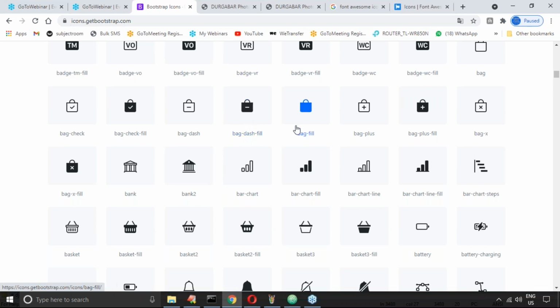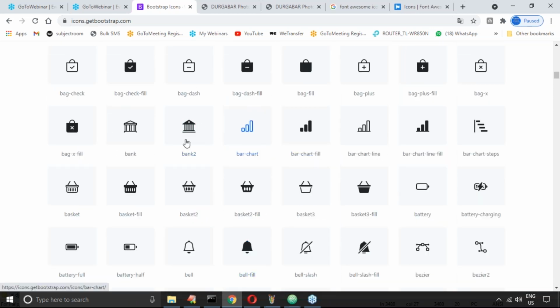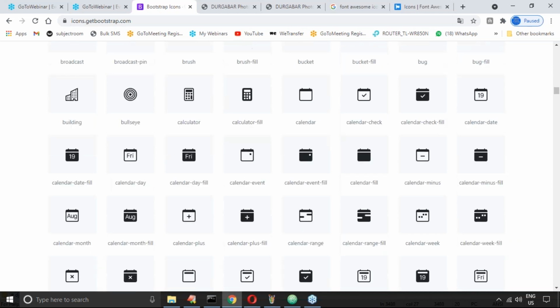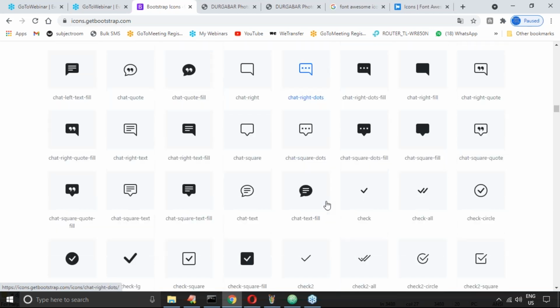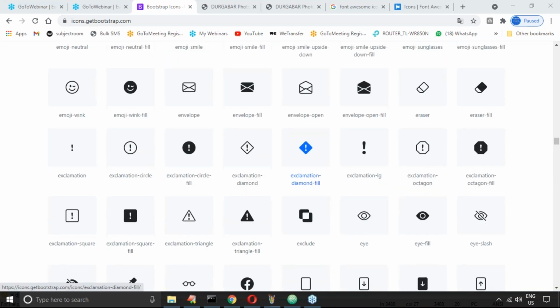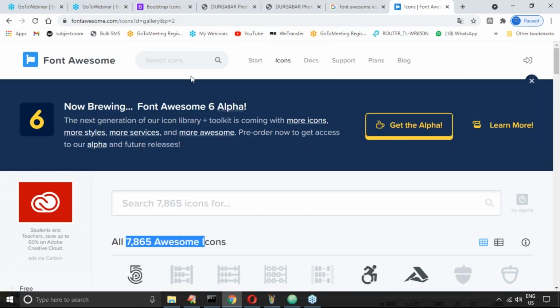Big dash, big fill, are you seeing? Home, bank, normal images. If you want, you can use these images, no problem at all. How you can use them, I will explain this part also, don't worry. But anyway, most commonly used is Font Awesome.